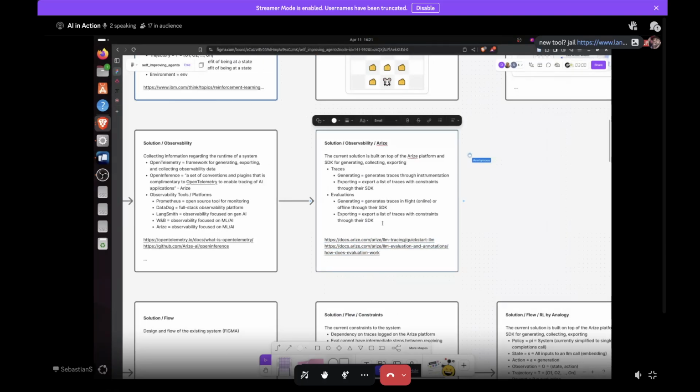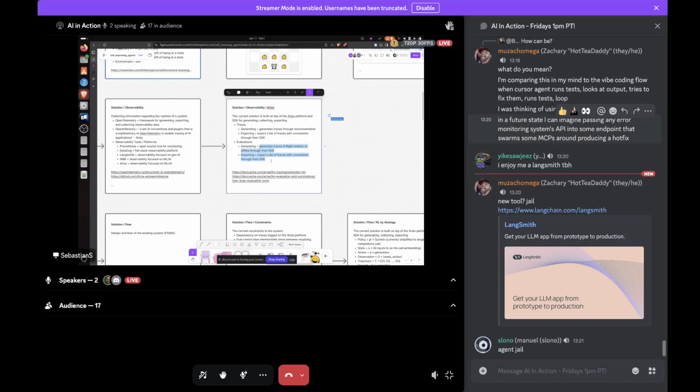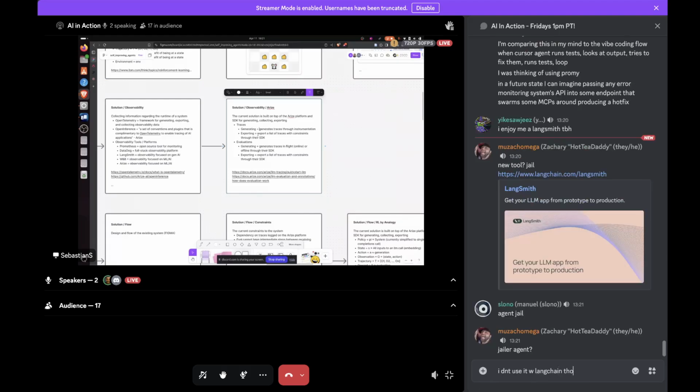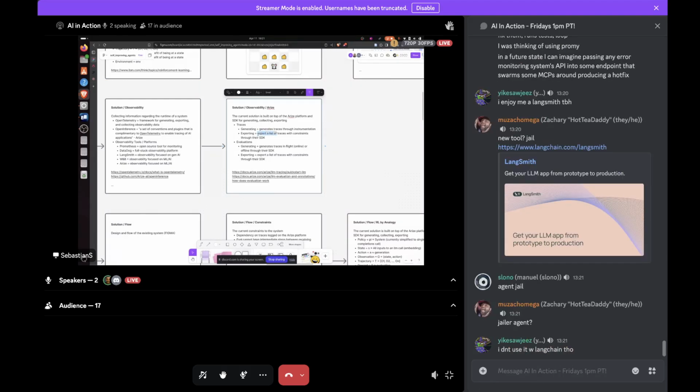They do offer support for tracking evaluations, which are actually stored in the traces, as far as I remember. And they generate the traces through instrumentation, as I showed before in the example, and then they export it through